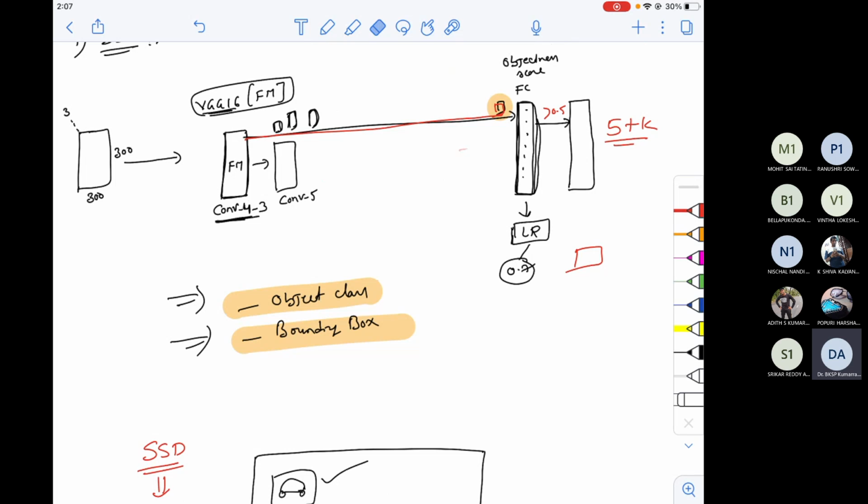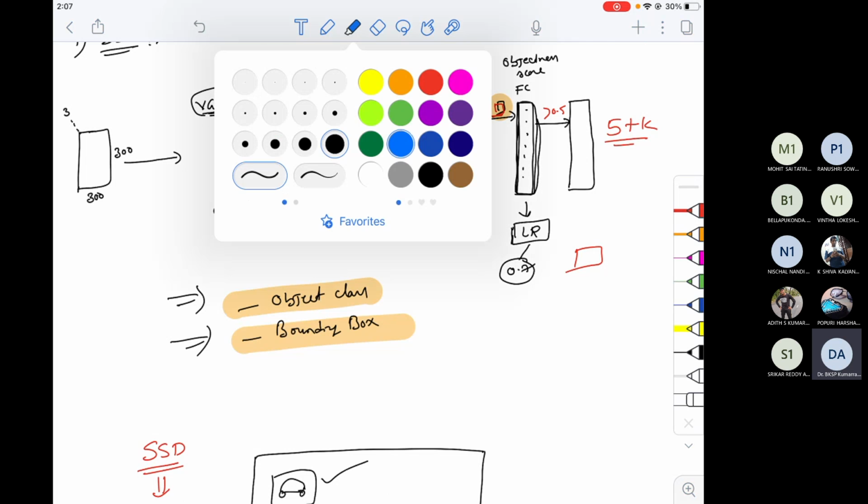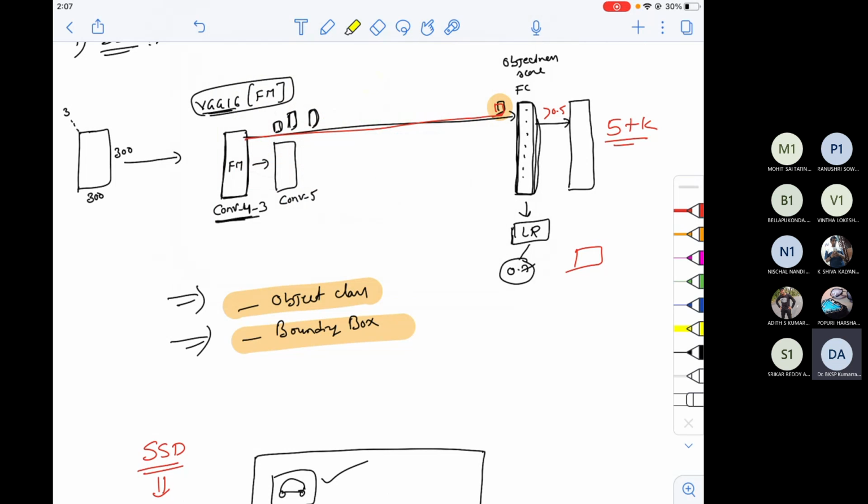Okay, so this is the basic architecture. What is that actually? You just take the input image, and then take the convolution layer 4 block from VGG16 and supply that feature map to a fully connected layer.